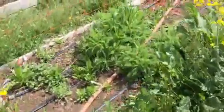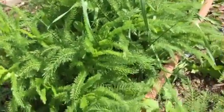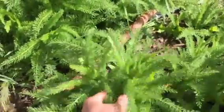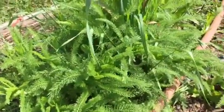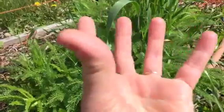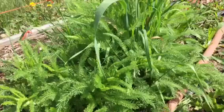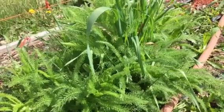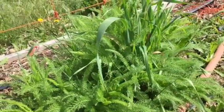Let me show you another plant. This is yarrow that I purposely planted in these garden boxes last year, but it does have a tendency to spread. It has little root runners that spread, but the rabbits absolutely love this yarrow. The reason I purposely planted it in garden boxes is it brings up kind of an umbrella-like flower. What I've found is the favorite habitat of ladybugs is anything with an umbrella flower. So like your dills, the yarrow, carrots when they go to seed, anything that has an umbrella type flower,